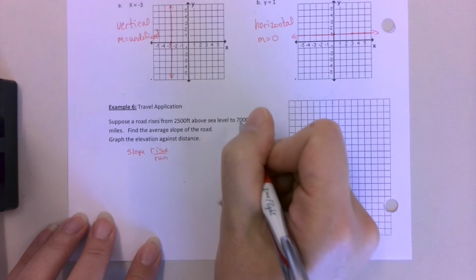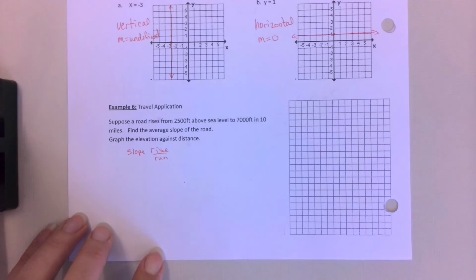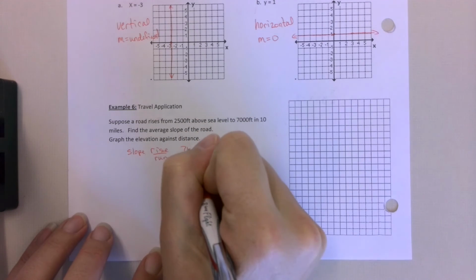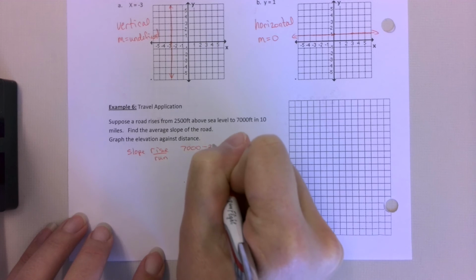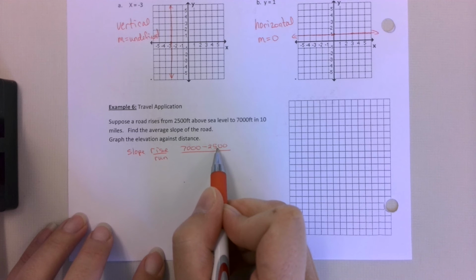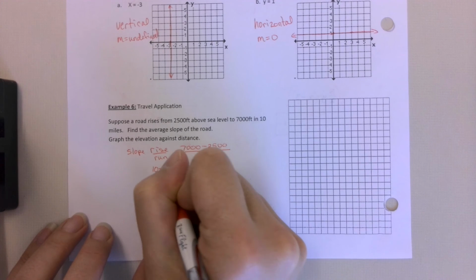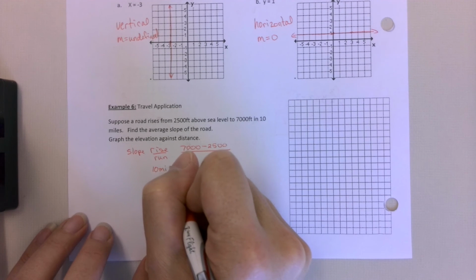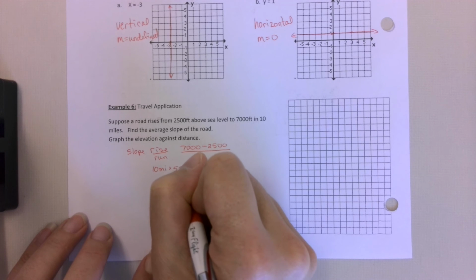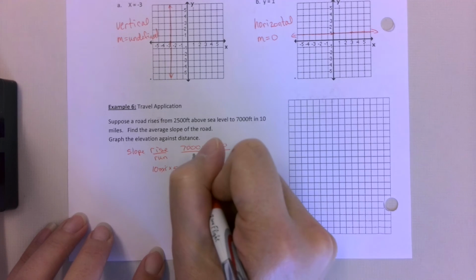And so when I do this, it's rising, it goes from 7,000 down to 2,500. So I'm going to start with 7,000 and take away that beginning number. So that is going to be the change in the y values. Then we have to talk about the run. And the run is 10 miles, but I can't use miles and feet. So I'm going to multiply that 10 miles by the 5,280 feet in every 1 mile. And that will cancel out. And so I would be dividing by